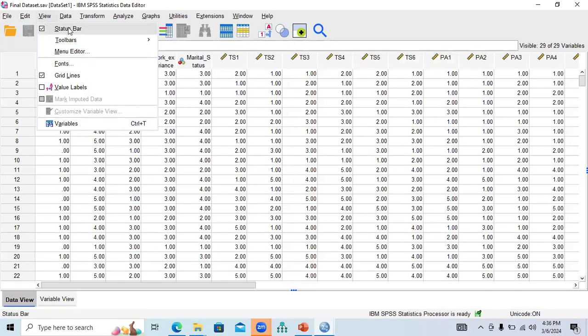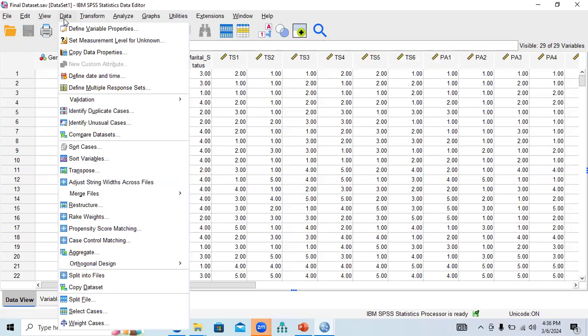Then we may have a view button. You can have a data editor, a search editor here. If you want to increase or decrease your toolbars, your menu editor, and something more important. Then we may have a data